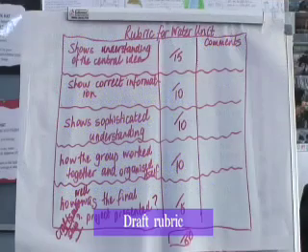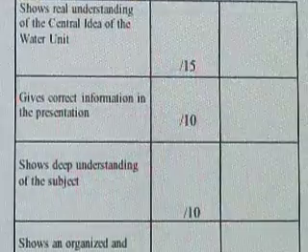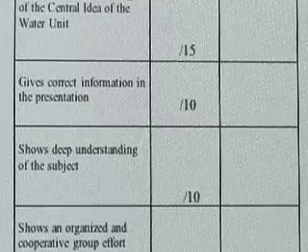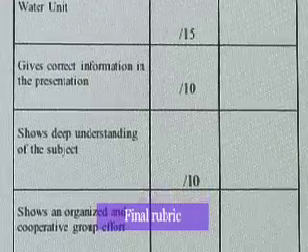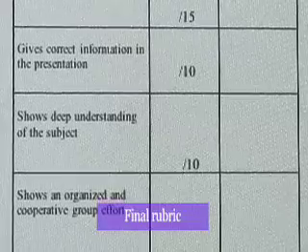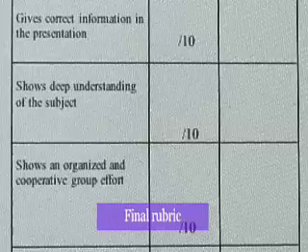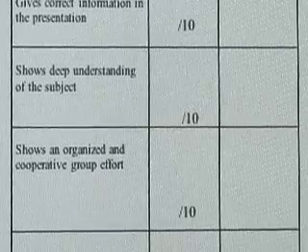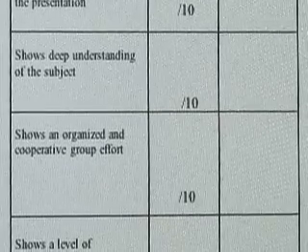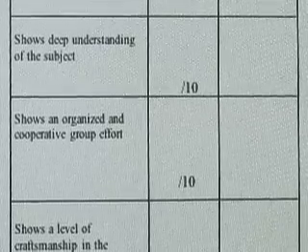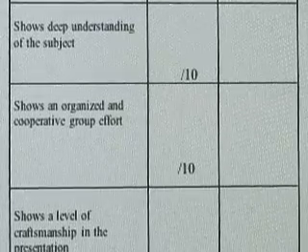Before the students set to work, an assessment tool, in this case a rubric, is created by the teacher and the class. Students must know, before they pursue their lines of inquiry, how their group presentation will be assessed. Key areas in the assessment rubric focus on demonstrating a clear understanding of the central idea, the quality and accuracy of the knowledge shared, how well they work as a group, and personal growth in terms of the learner profile.